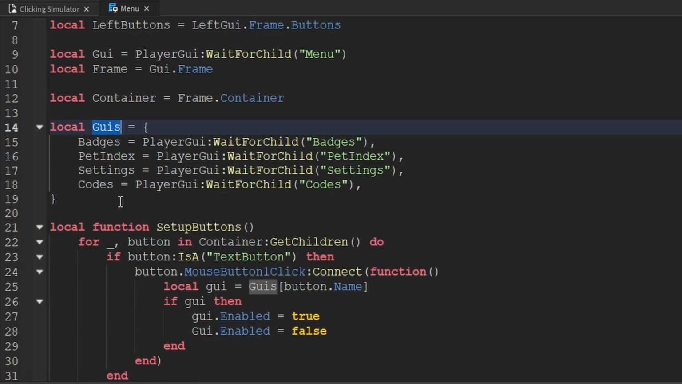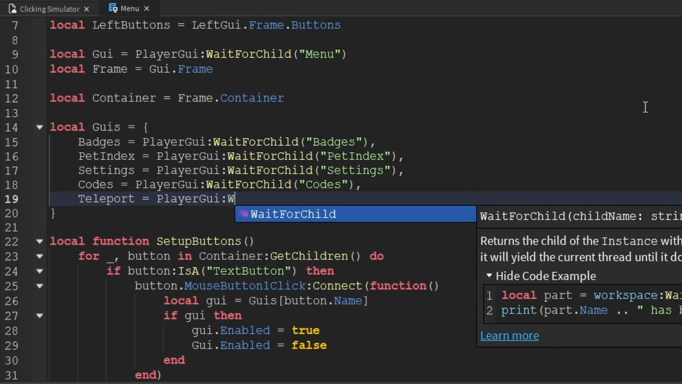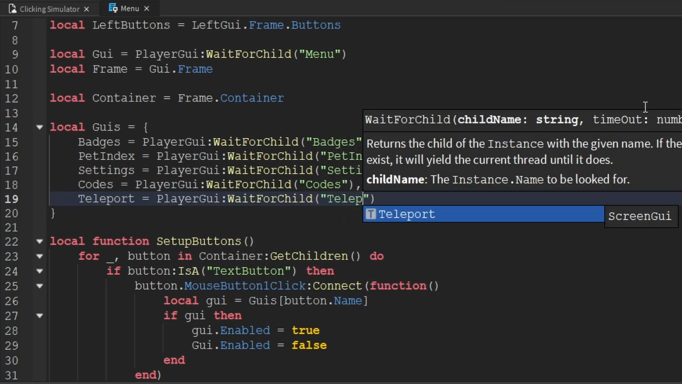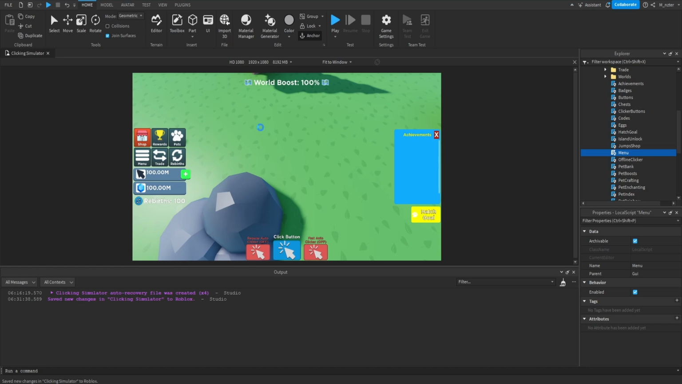Now, looking inside of here, we have the GUIs variable, which is a table of a bunch of different GUIs. Now, we want to go ahead and add the teleport GUI that we just created to this table. So we're going to say teleport equals player GUI, we'll use wait for child, and the GUI that we want to wait for is called teleport. And that's actually all that we have to do inside of here. So we can go ahead and close out of that,